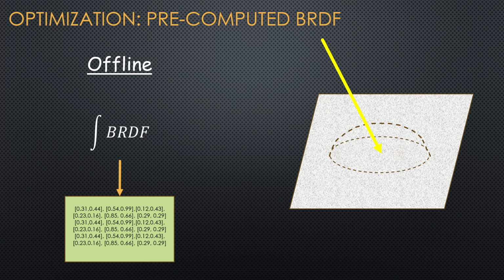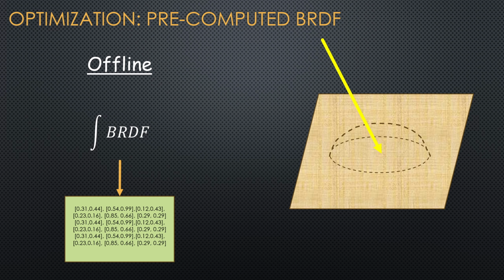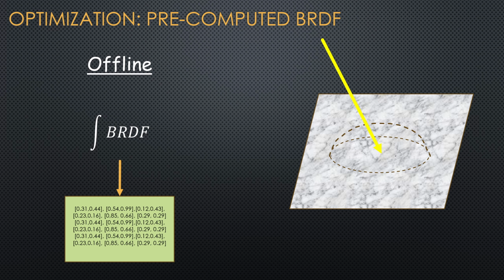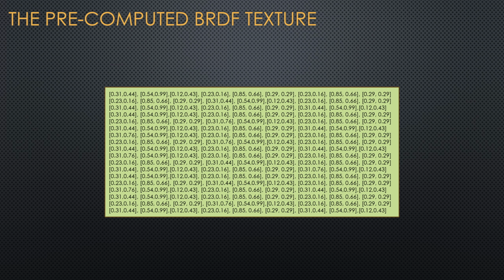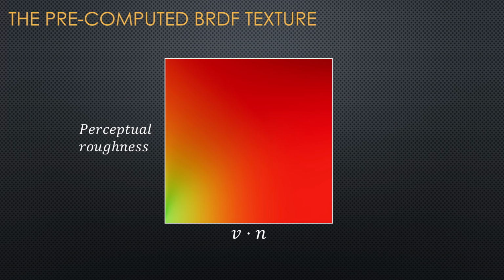These are general properties in PBR, which are not specific to any model or material. The lookup table is a 2D texture, where the x-axis is the dot product between the view vector and the normal, and y is the perceptual roughness of the surface. Each texel in the lookup table includes both the scale and bias terms used in the Fresnel approximation. In this video, we won't be going into the creation of the table, so you can simply use the one